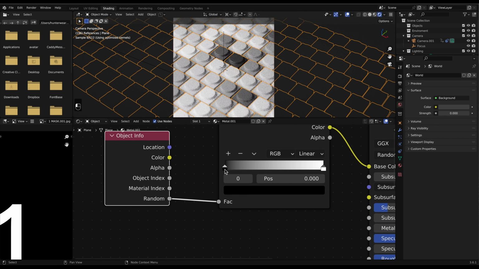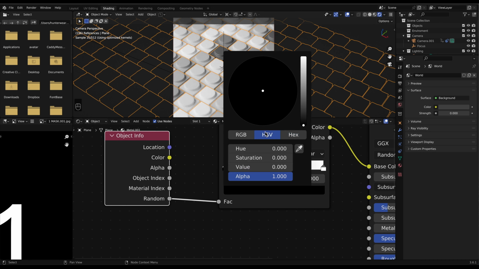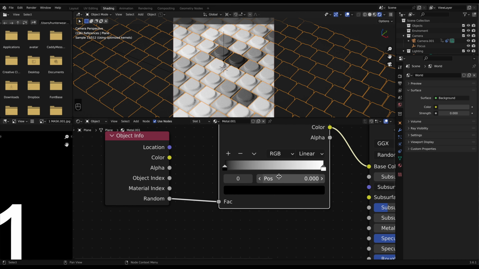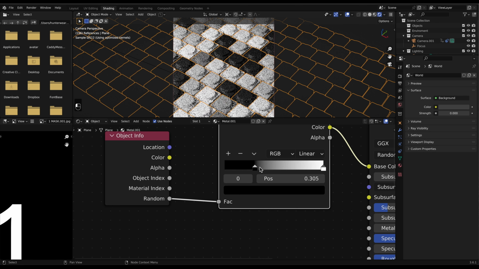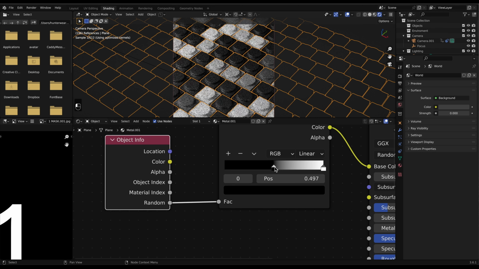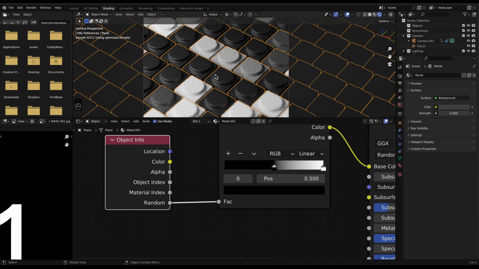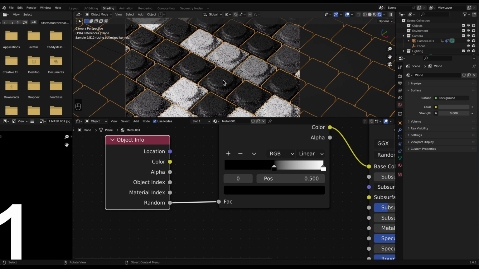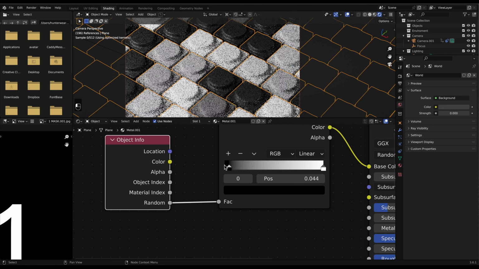So you also notice that in our colors we also have, or here the position slider, we have a value. If this outputs a 0.5 value, then say this object here is going to be a 0.5, it will make it black. And say this one is going to be an output value of 1, it's going to make it white.